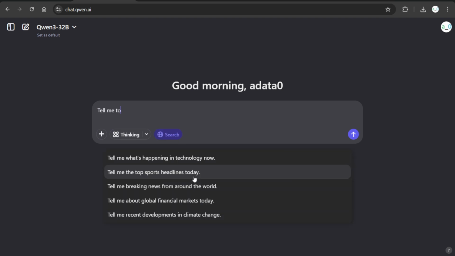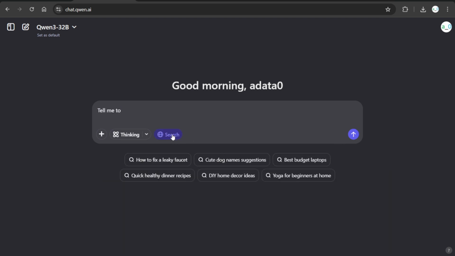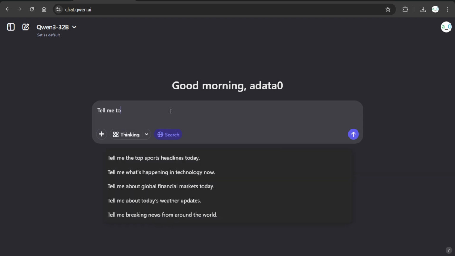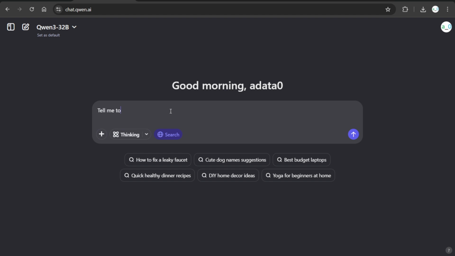If I select news, it auto selects the search feature, then we can ask: tell me the top AI models for daily life. Current AI models for